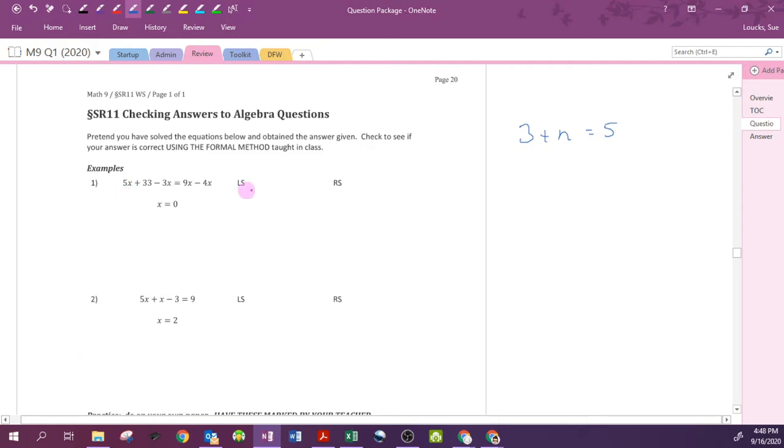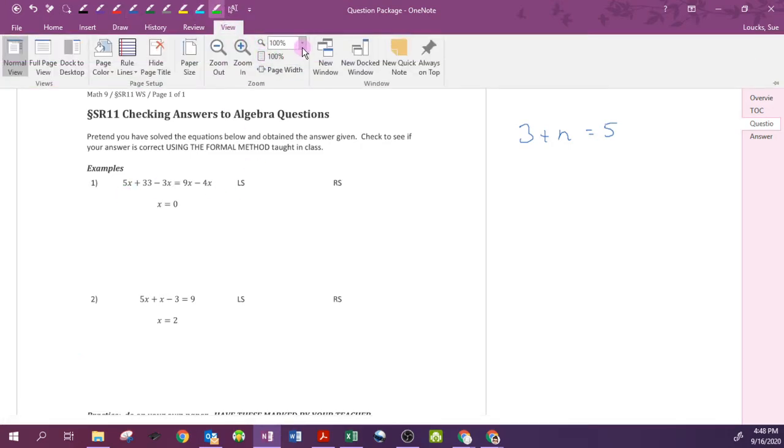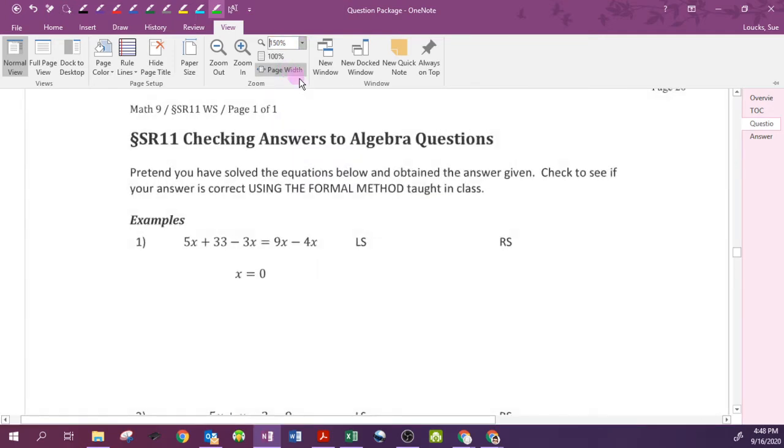look like this. Oh, I should make this a little bit bigger. Okay. You're going to look at this and you've got 5x plus 33 minus 3x equals 9x minus 4x. Okay. Can you look at that and know if 0 is the correct answer? I can't. Okay, so what I want to do is teach you a formal method for checking your answer that